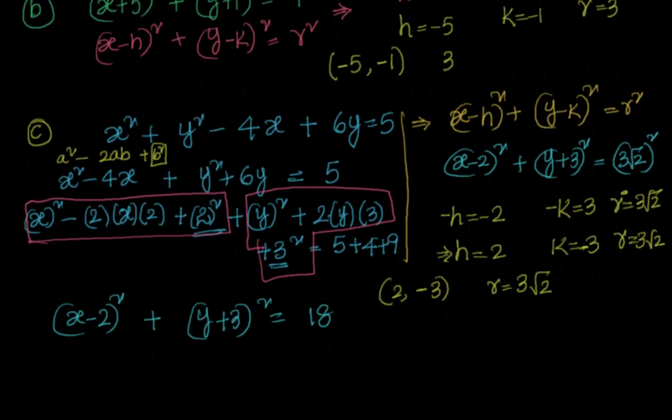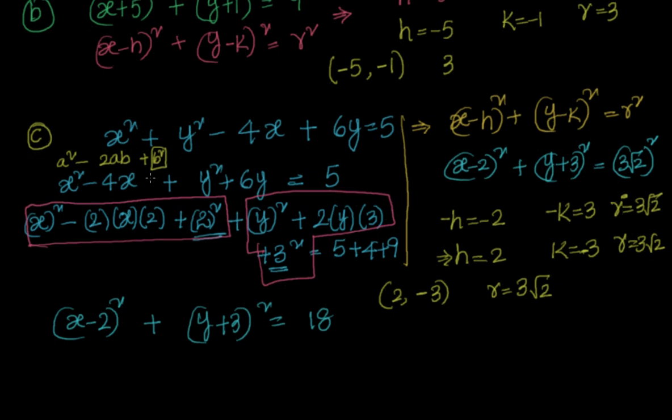So let's look at that problem again one more time. We have been given x square plus y square minus 4x plus 6y equal to 5. We have to find out the values of h, k and r. We have to compare this with the formula x minus h whole square plus y minus k whole square equal to r square. But this equation is not in the form of x minus h whole square plus y minus k whole square equal to r square. So I have to convert that into the form needed. For that I am using completing the squares method.